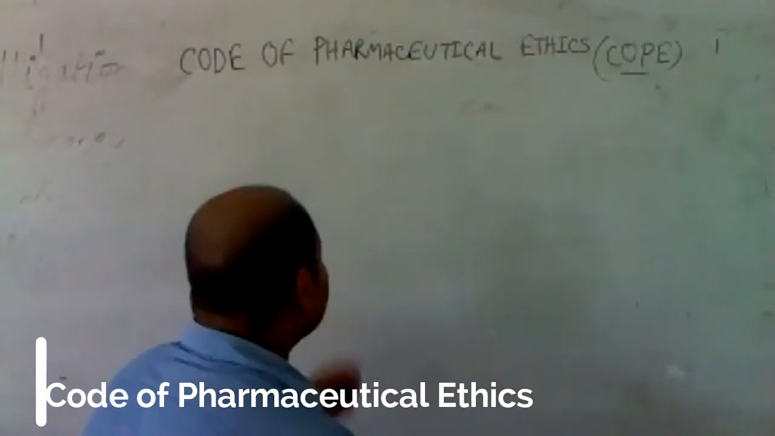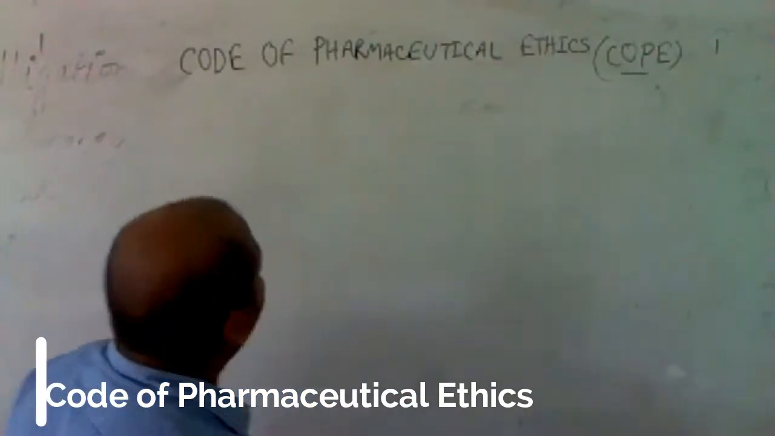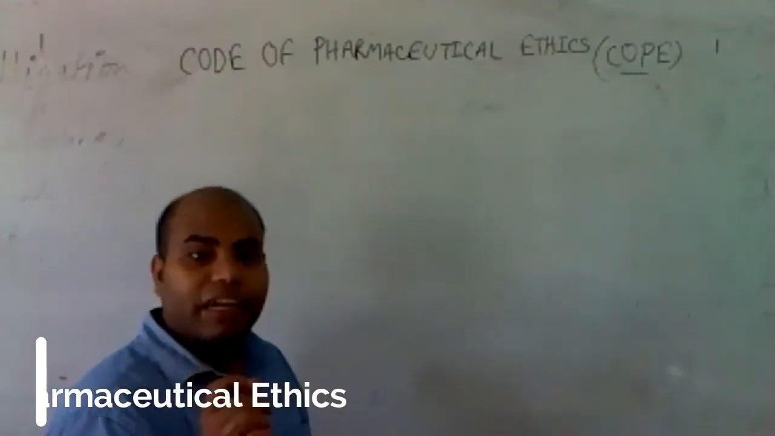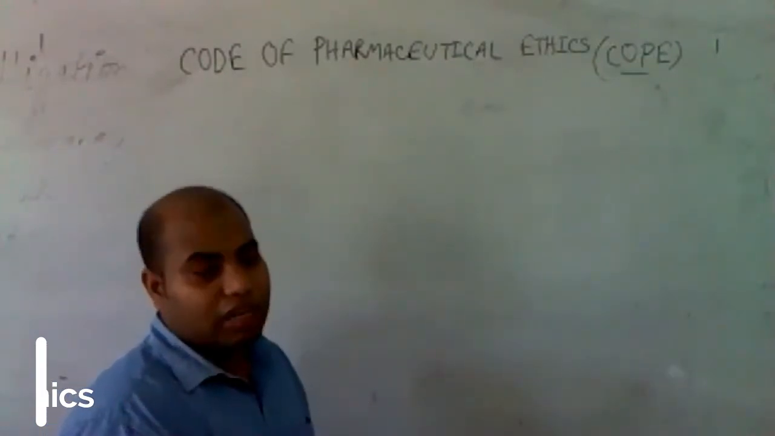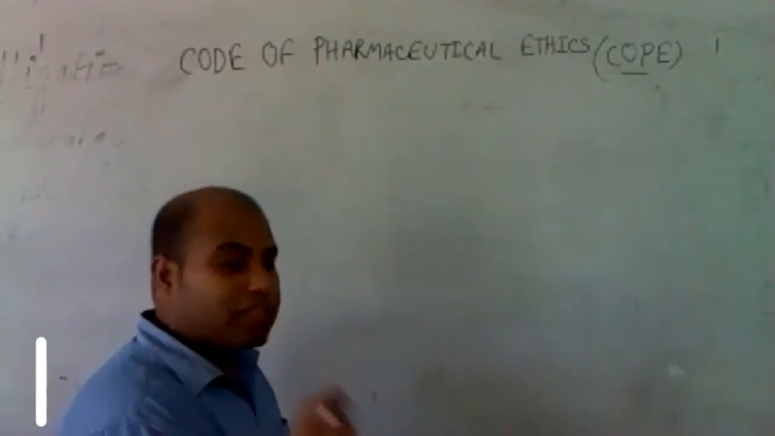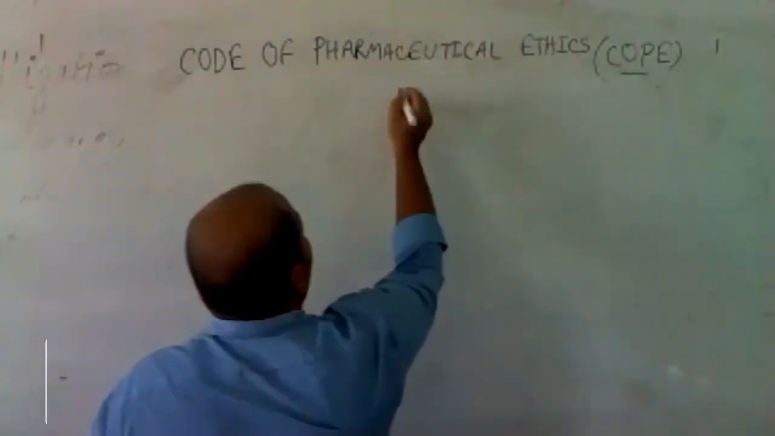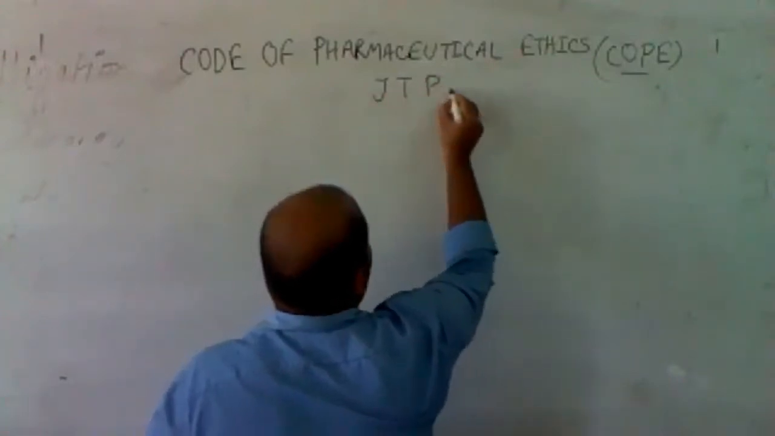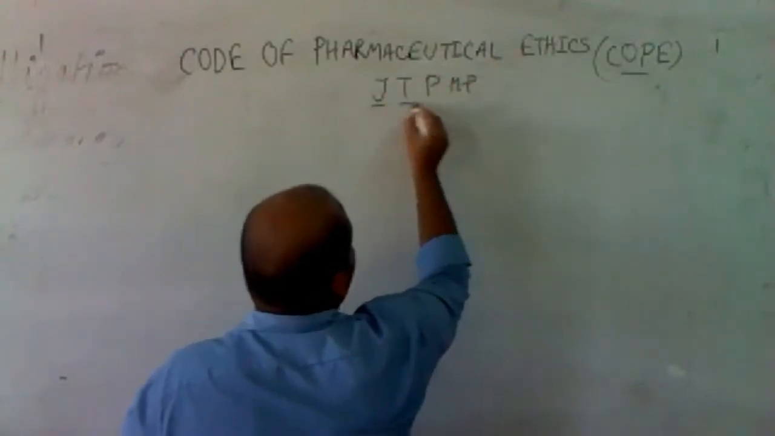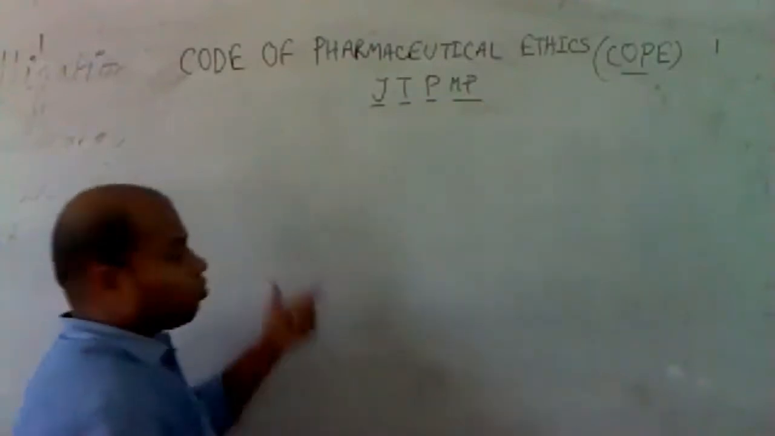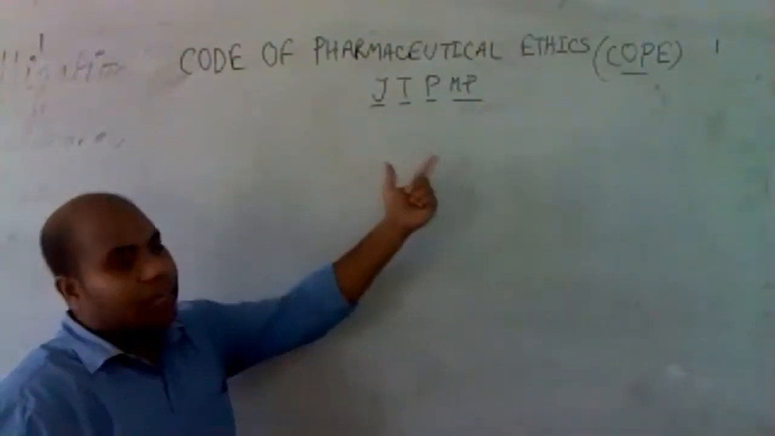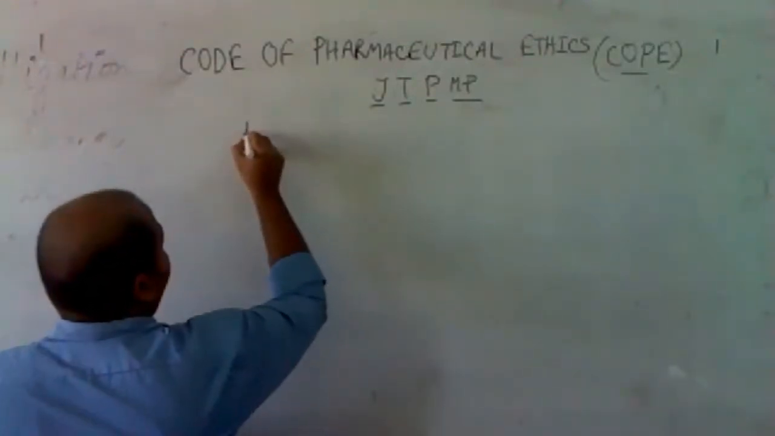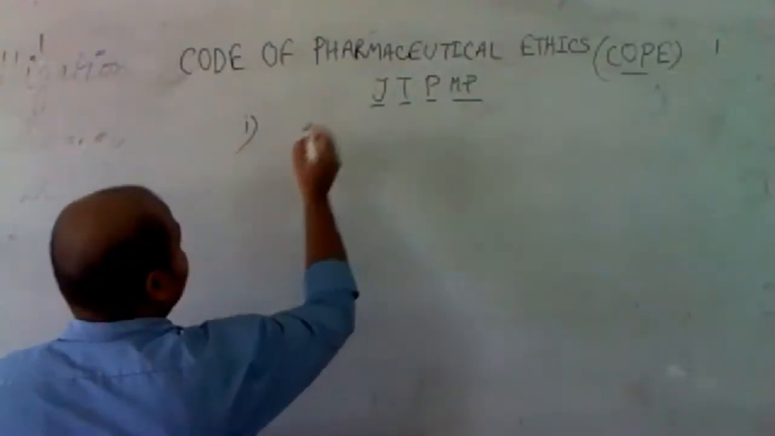So the four principles under code of moral ethics, you have to remember that you have to write in the exam according to this serial number and according to the exact words. So you have to just remember the J T P M P. So what are these J T P and M P? We are one by one discussing them. So the first code of pharmaceutical principle is